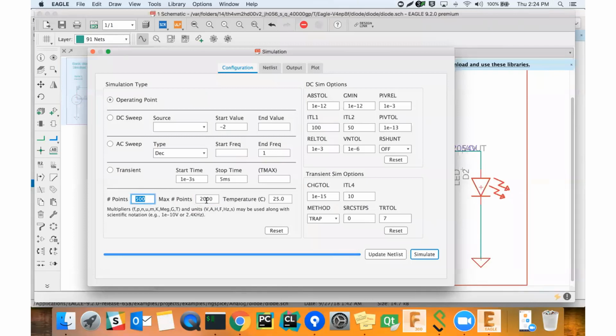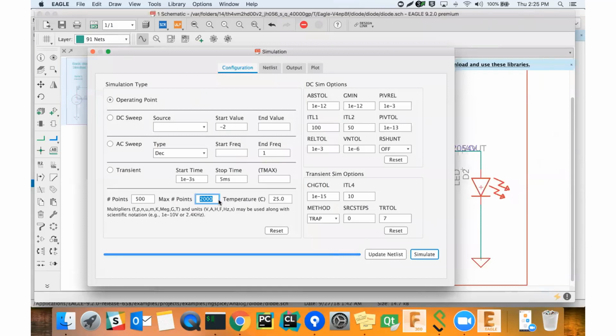Let's say I enter here 500 points. That's sort of my request to the simulator, and it might turn out to be 510 points, and that's perfectly fine. But I put a limit here, max number of points. I might want to put a limit there, and there's already a default value, so that if the simulator requires 10,000 points, I actually don't want to plot that much data. And so this second field, max number of points, is where you can say, okay, no matter what you have simulated, I'm going to filter that down into, or squeeze it into,